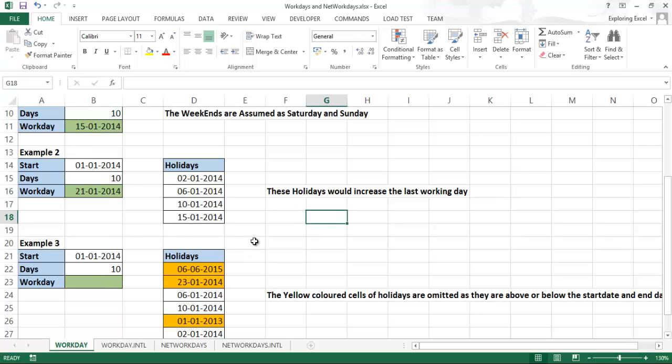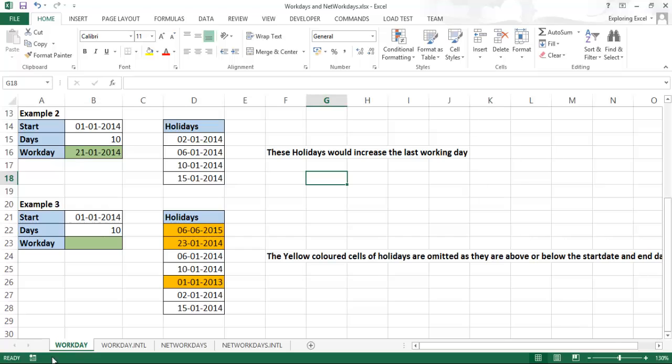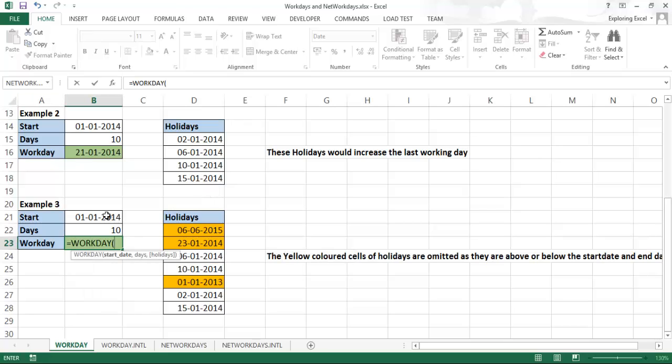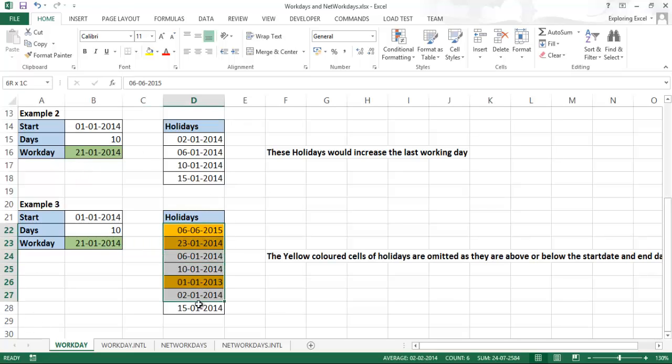It's a very powerful function, known as the Workday function. The next three functions, Workday.INTL, Networkdays and Networkdays.INTL, are interesting functions too. Now the last example is the same function, the same starting date, the same days. I will just type the Workday function. Now the starting date will be this, the number of days will be this, and the holidays will be this. I am getting the same answer as before, even though there are more holidays here.